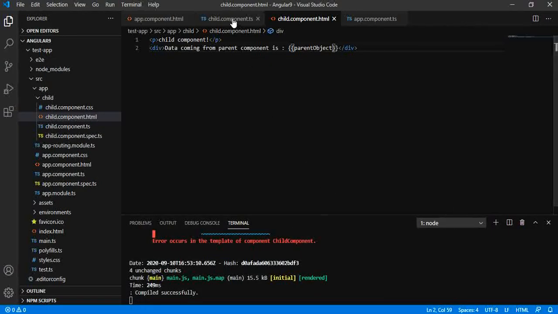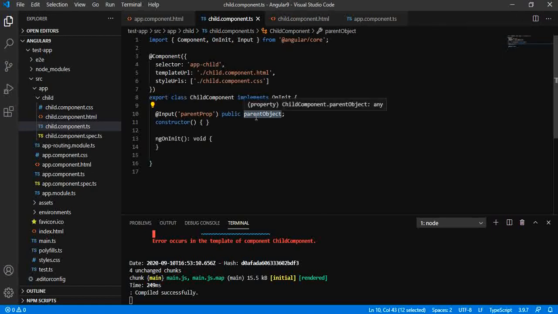So name aliasing is very useful when we have a very big application and we want to apply some transparency in the naming of the data, and whatever parent component is giving you the property, that will stay as it is, and you can apply changes on your complete component with the help of name aliasing.